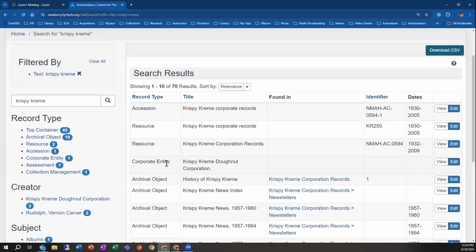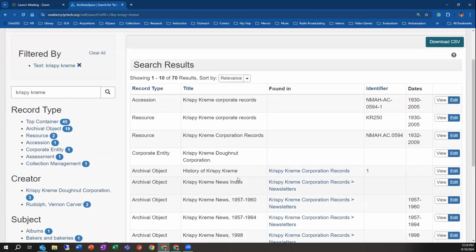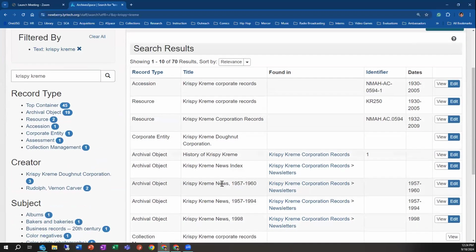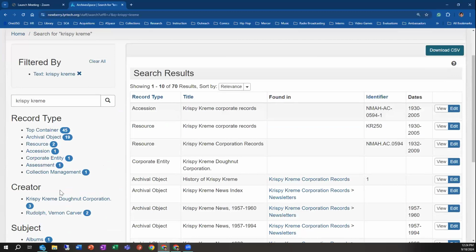There's a corporate entity, which is an agent record. It even brings up component records like archival object records. As we can see, there's 70 results and we're only getting 10. So you can also change how many search results show in preferences too. So we're like, oh, I need to filter this. I just want